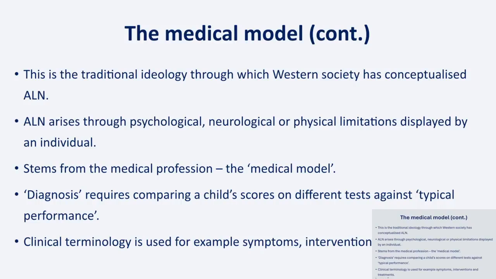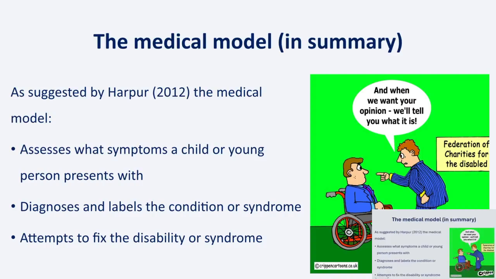And just to pick up on what the person from Welsh Government had mentioned on Saturday, there is no definition of what that significantly greater need is. So although that's what we're looking for, we don't know what it means in any kind of quantifiable way. Okay, so key issues with the medical model, we look to see what's wrong with the person, we give it a diagnosis, we give it a label, and then what we do is try and fix the label, or we try and teach to the label. And I like this diagram as well. When we want your opinion, we'll tell you what it is. Okay, so rather than seeing that person with agency, we do things to them.